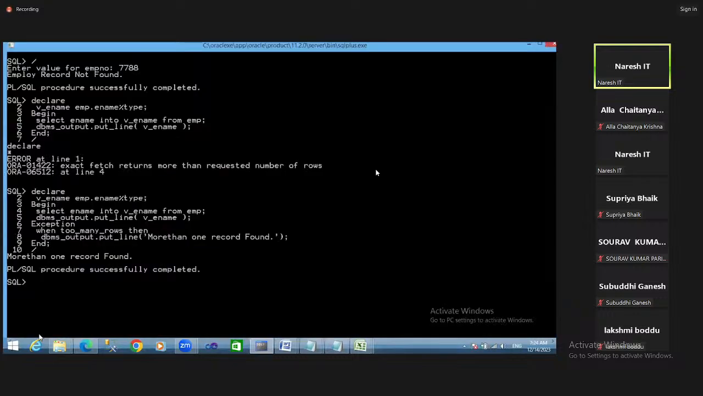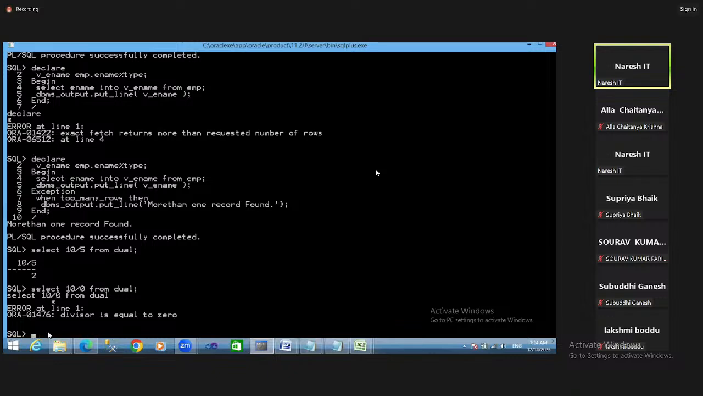See guys, one simple example. Select 10 by 5 from dual. What is the output? 2. Suppose select 10 by 0, the divisor is equal to 0. Because we cannot divide any value by 0 guys. The divisor should be either greater than 0 or less than 0, but not equal to 0 guys. Okay. To handle this error,